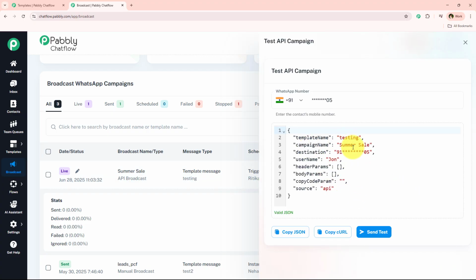So first I'm just going to enter my mobile number right over here, and over here in the copy code parameters we just have to enter the code. So over here you're going to see that this is the code. So I'm simply going to enter the code, and let's say I'm just going to edit the mobile number, and I'm just going to add the mobile number. I'm just going to click on this send test button right over here, and it is saying message sent successfully